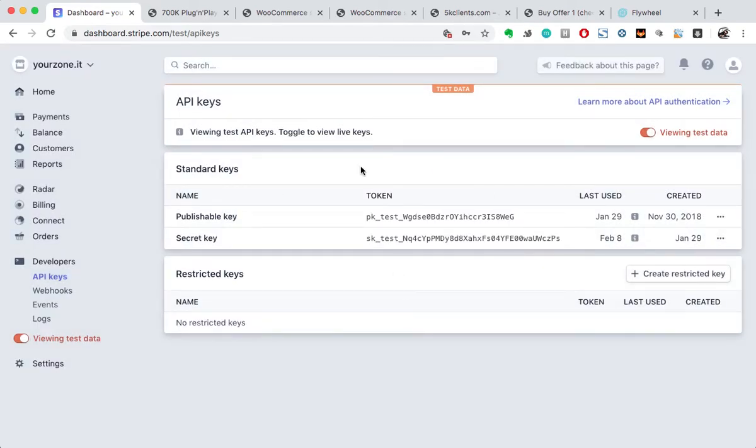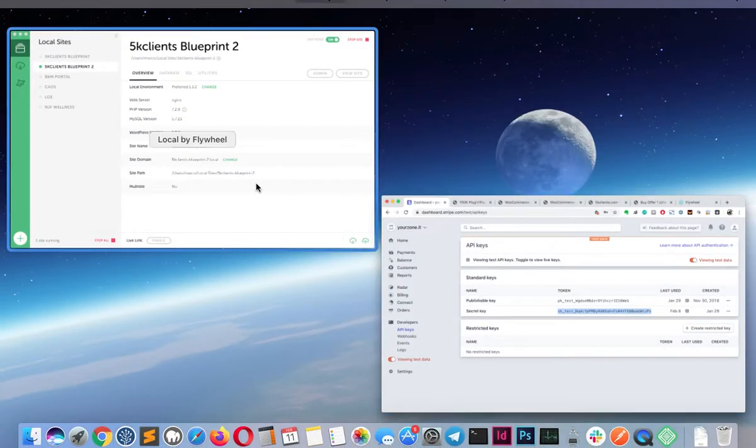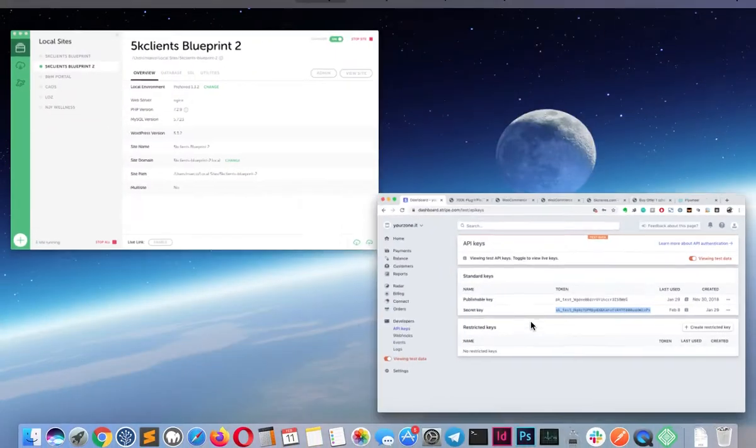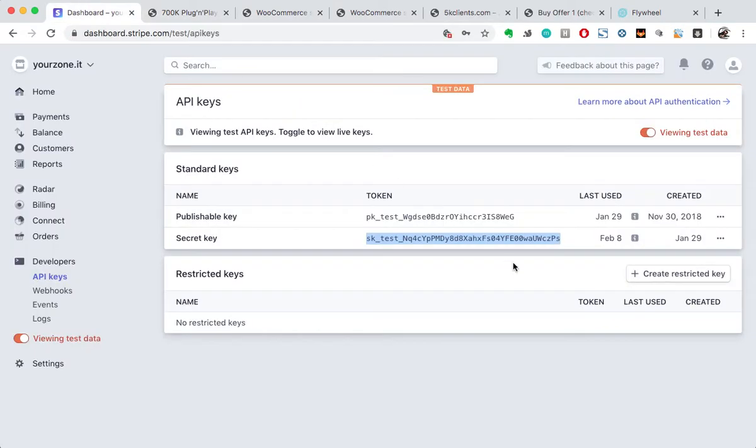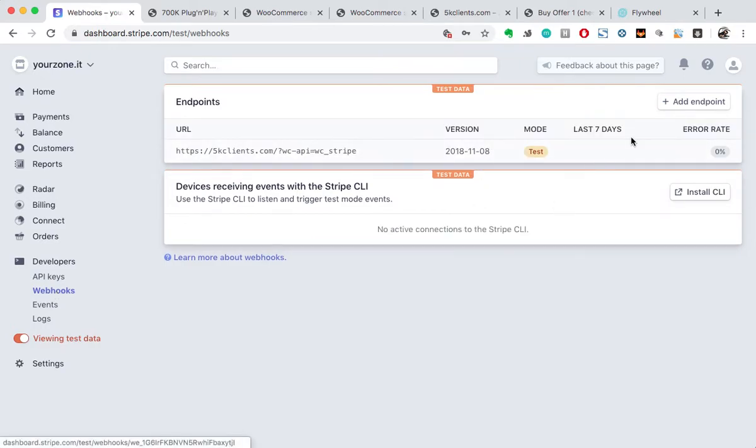There you go. Just copy that and paste it into test secret key, and then just do that again. Then you have to go to webhooks. Again here, click on the first URL,